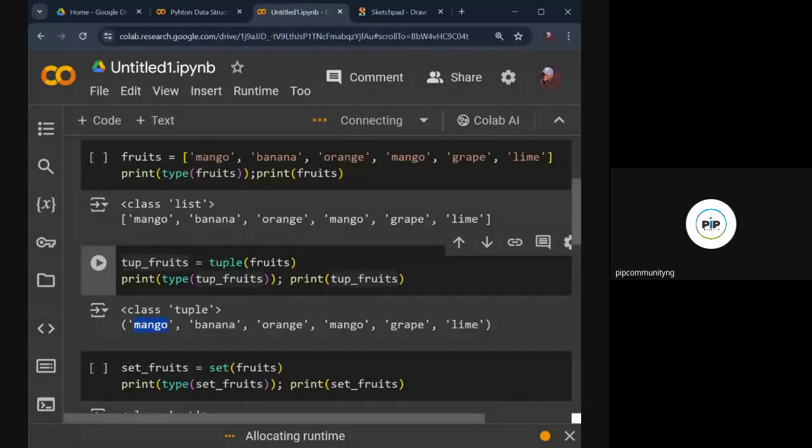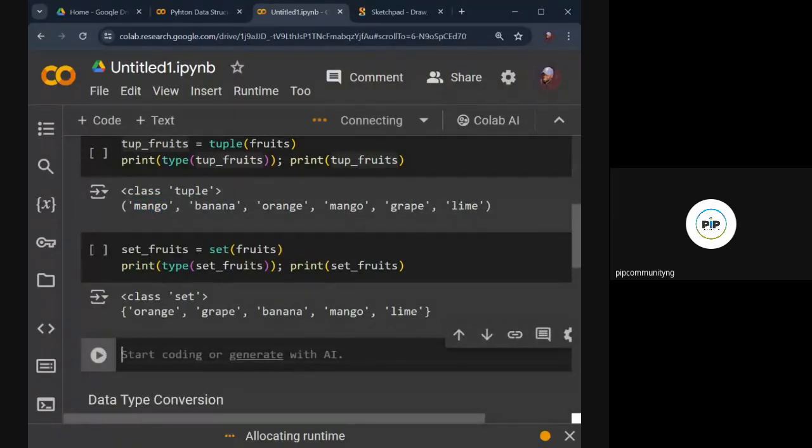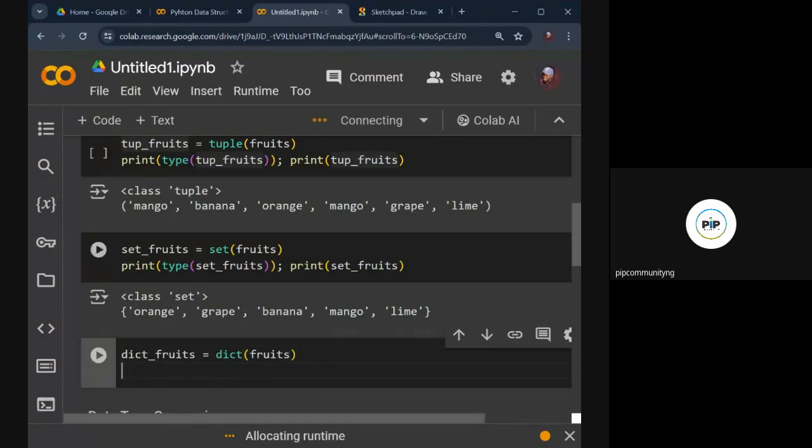Okay, guys. So I said, what if you want to convert to a dictionary? Let's say we want to say now dict_fruit is equal to dict. You use the dict function. Let's use fruit. Do you understand? Let's use fruit, and then let's come down and say